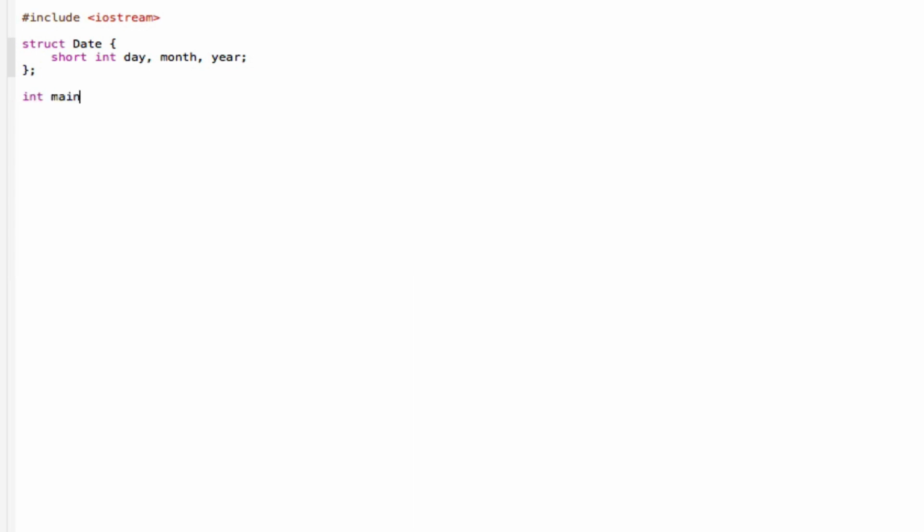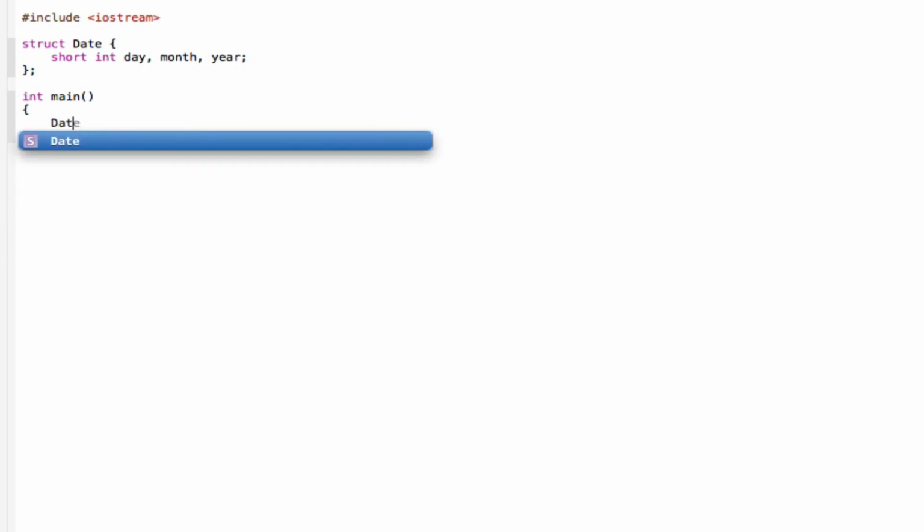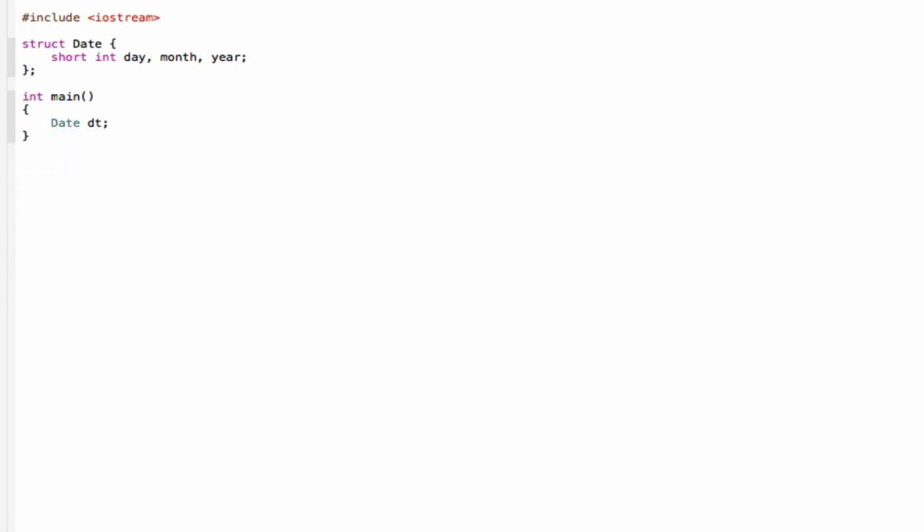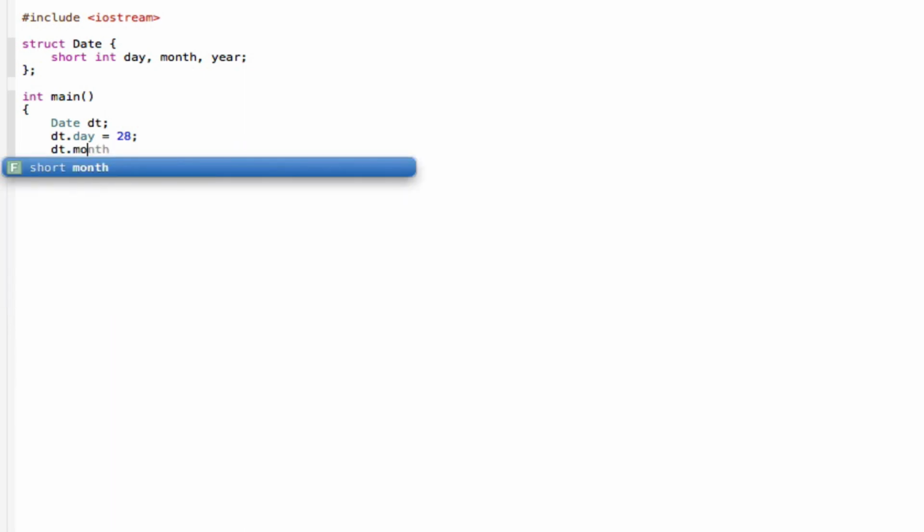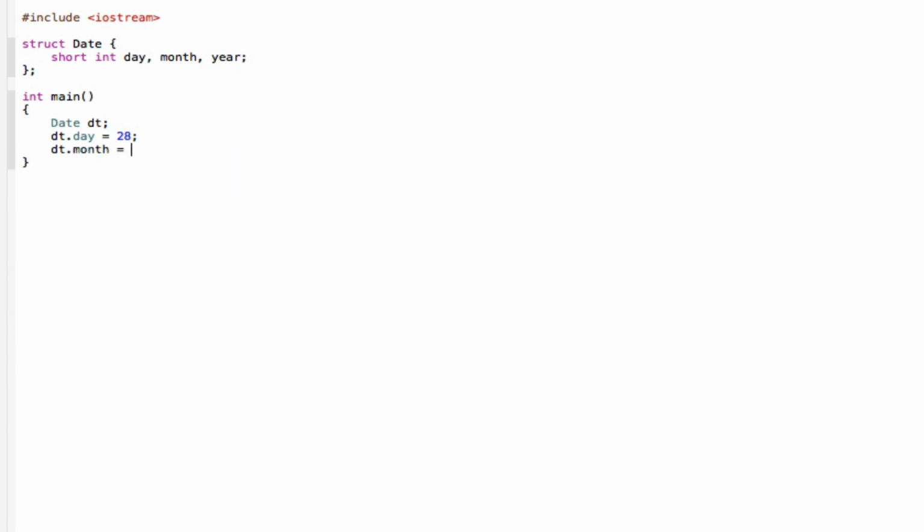int main, next line curly braces. Now we can say Date dt, close that off. We can say dt.day is the 28th, close that off, and we can say dt.month, which is January, so it's 1, dt.year, which is 2016, so we can just say 2016, close that off,